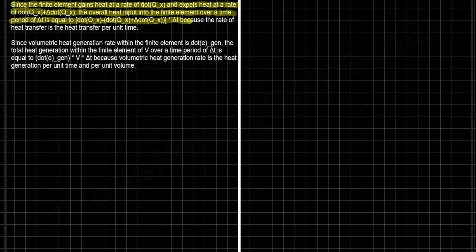Alright, because the rate of heat transfer is the heat transfer per unit time. So the overall heat input into the finite element is equal to the overall heat input rate times the time period. Alright, so this gives the overall heat input. Alright,